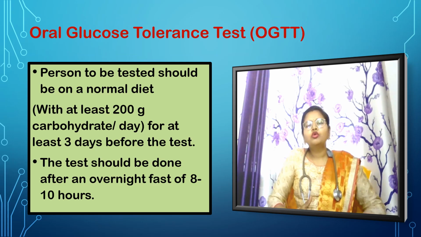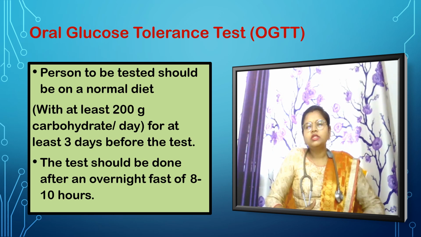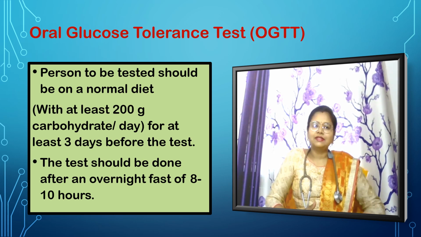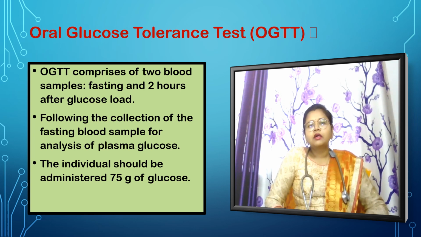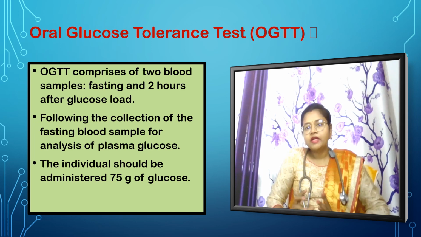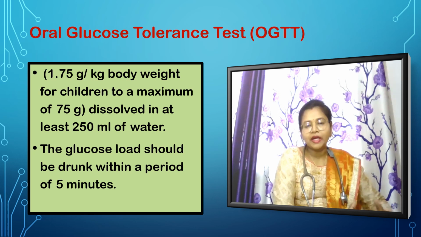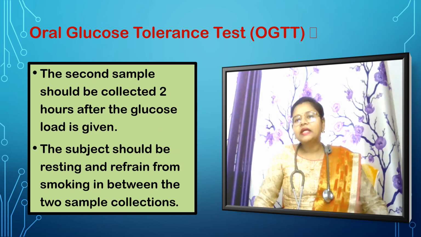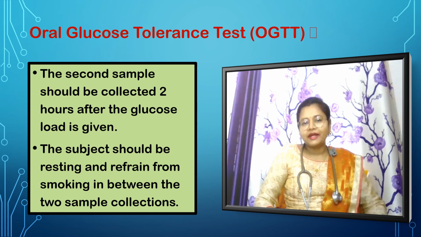Now, we will know about OGTT or oral glucose tolerance test in brief. OGTT should be done after overnight fasting or 8 to 10 hours of fasting. In OGTT, two blood samples are taken. First one is in the fasting state and second 2 hours after taking 75 gram of glucose. Glucose load should be drunk within a period of 5 minutes after taking the fasting blood glucose sample. Second sample should be collected after 2 hours, and in between the samples the person should be resting and should